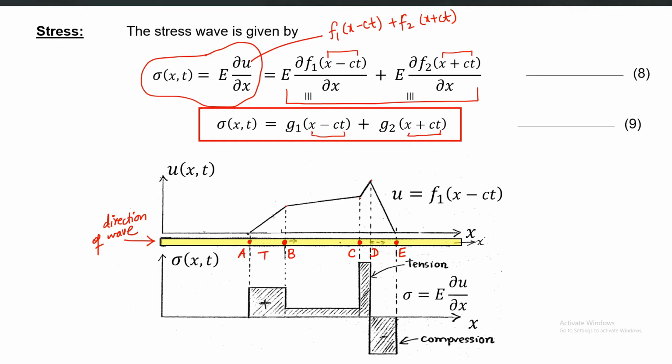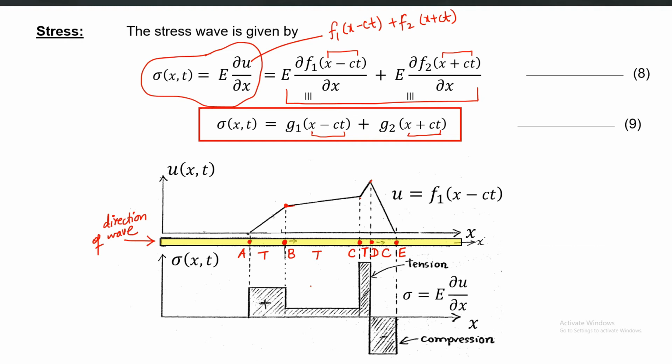Segment BC is also in tension, but slightly less tension compared to the segment AB, because the increase is not that high, and the slope of that line from B to C is not as high as from A to B. But from C to D there is a sudden increase again in the slope. So the CD segment will also be in tension, but very high tension, because D point will have a very high rightward movement compared to C point. But this DE segment will be in compression because D point is moving towards right, it has some positive displacement, but E point is not moving at all.